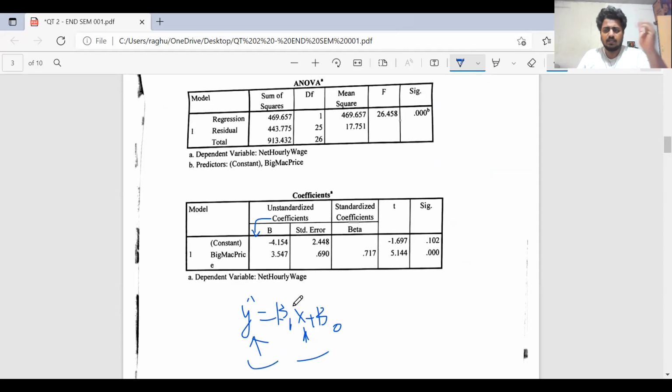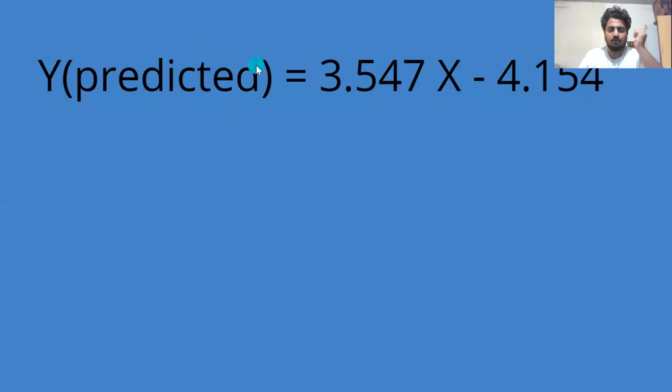Now beta 1 is the slope of the graph that you get when you draw the variation in a two-dimensional graph. So beta 1 here would be 3.514. Sorry, beta 1 here would be 3.514, and beta naught will be your constant, which is minus 4.154. I think I have written it wrong. So this will be your y predicted regression model. So you should also be writing this value and how you arrived at this value.